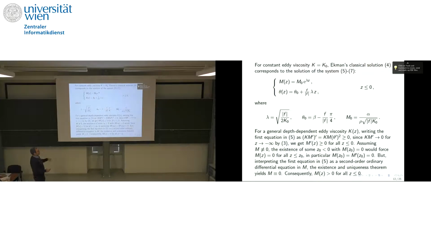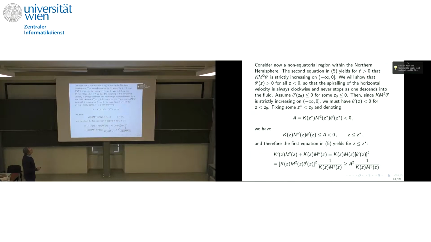So if it's 0 somewhere, it has to be 0 everywhere, and that's not possible. Therefore, it is positive all the time. This already shows that it is useful to work in polar coordinates. So what this tells you is that it will decay as you go down. And now what I want to do is show that the rotation is always in one direction. So that means what I want to show is that